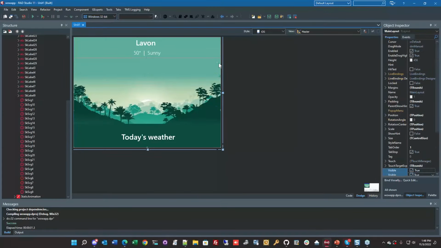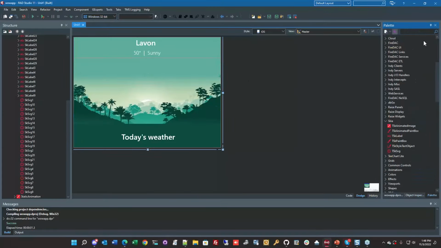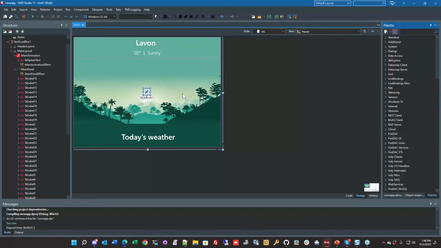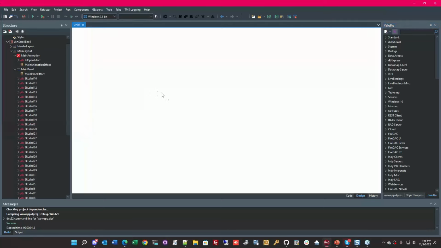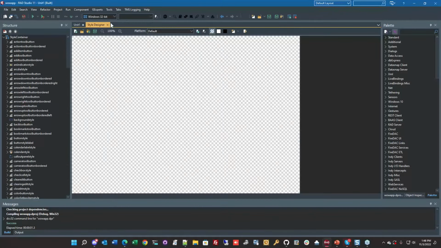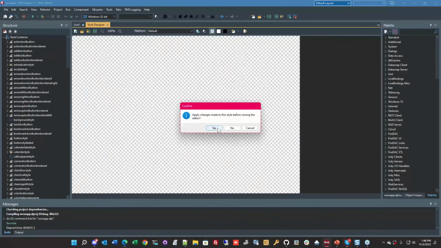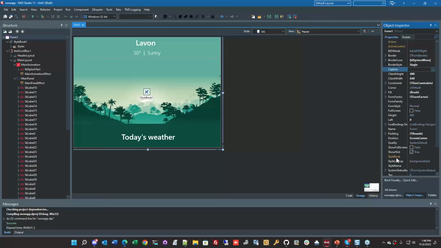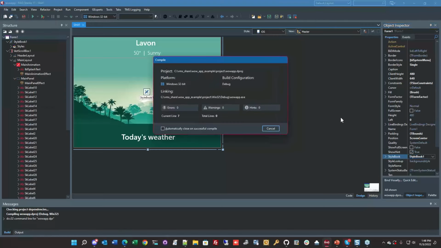So what we're going to do is go in here and drop a StyleBook on the app, double click to open it up, and do you remember Nero that we talked about earlier on, meaning black in Italian? I'm going to pick that up, close it. Yes, I want to apply that styling to the app. I'm going to select the form, and down here you see this entry that says StyleBook1. Now when I run it,